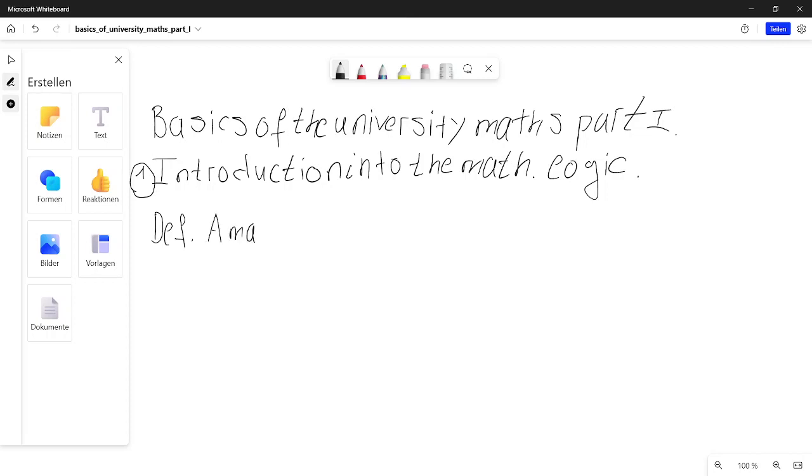A mathematical statement, also called logical statement, shortcut for statement in mathematical logic. Logical is here logical within mathematical logic. Mathematical statement is